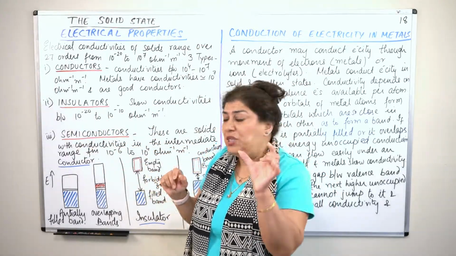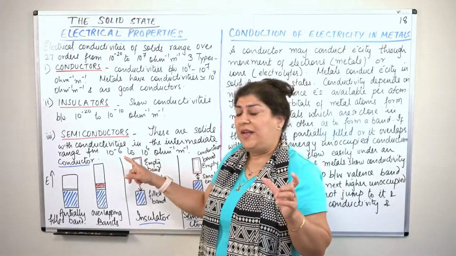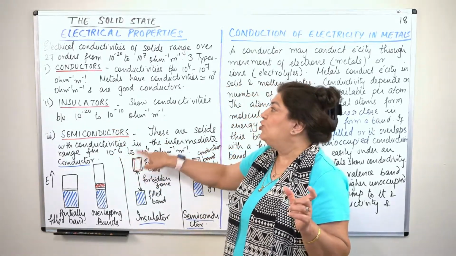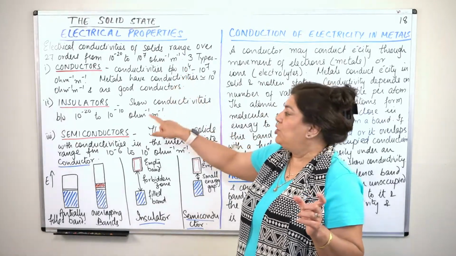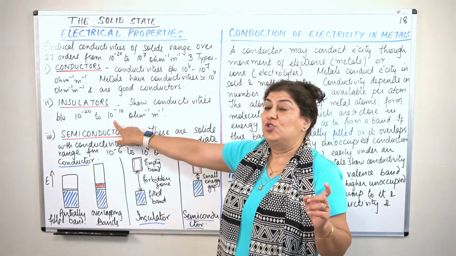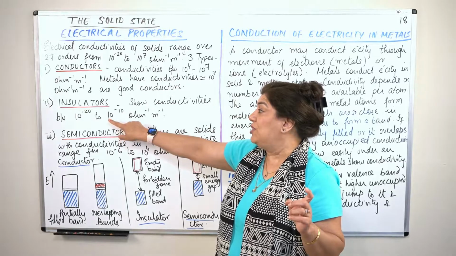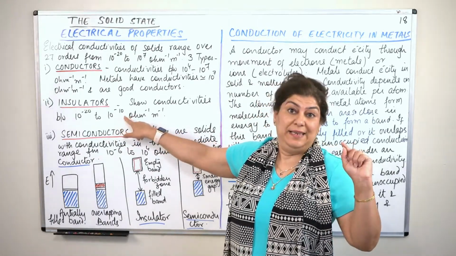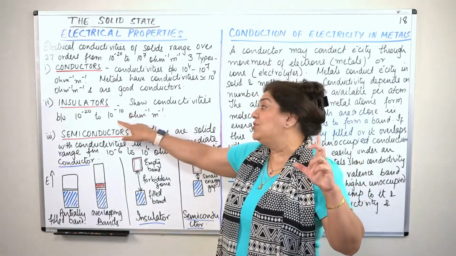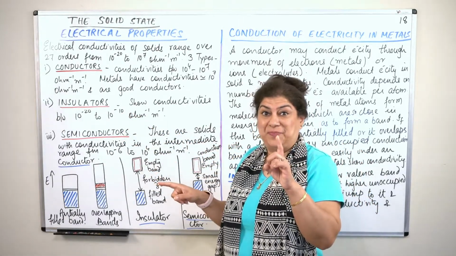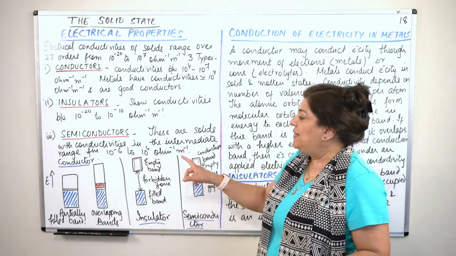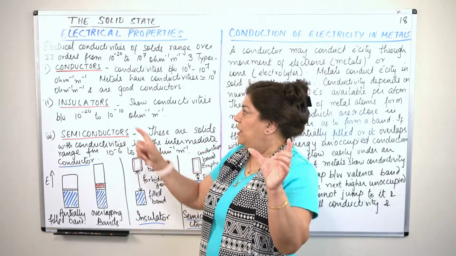It falls in between. So what is the range of semiconductors? It goes from 10 to the power minus 6 to 10 to the power 4, which means that it does not start at 10 to the power minus 10 or at 10 to the power minus 9. It starts at 10 to the power minus 6 and it goes up to 10 to the power 4, which means that those four